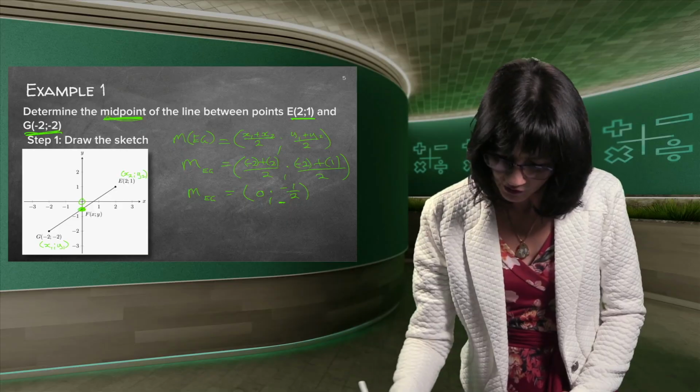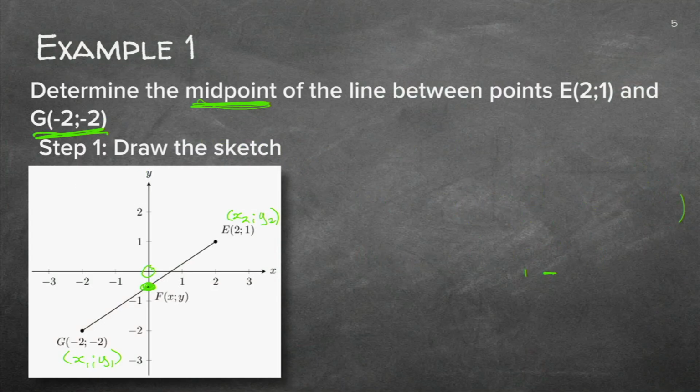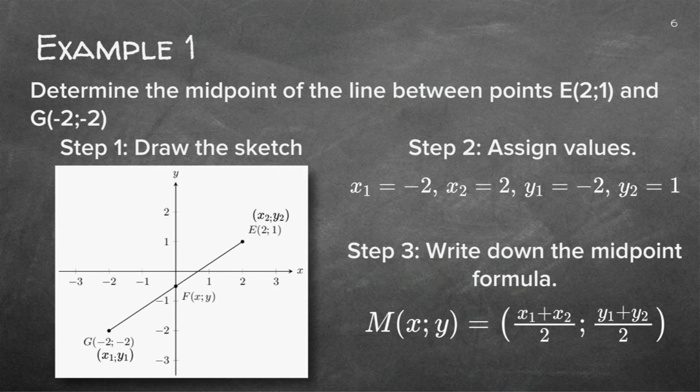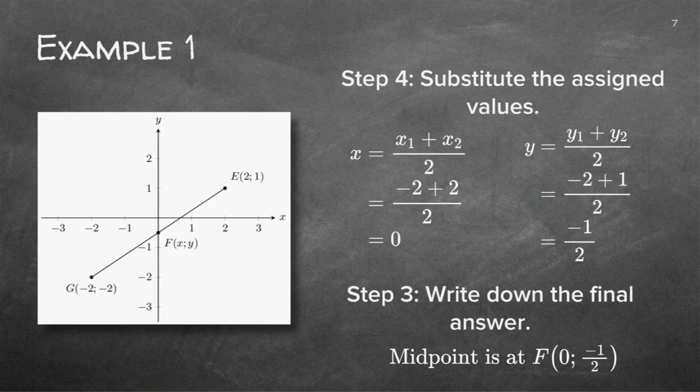Good. So let's take this all off, because you know what you always should do. You should go and redo it all on your own without looking at the answer at all, and make sure you can do the steps one by one. If you have done that, you can go and check. The answer will be written there neatly. There's the formula. There's the points that are allocated, the x1, y1 or x2, y2, and it doesn't matter which one you put where. And there is the rest of the answer. And just in the end, if they ask you to find the point F, you would write it down neatly like this. The final answer is where point F is.